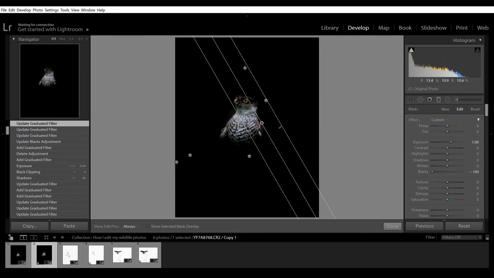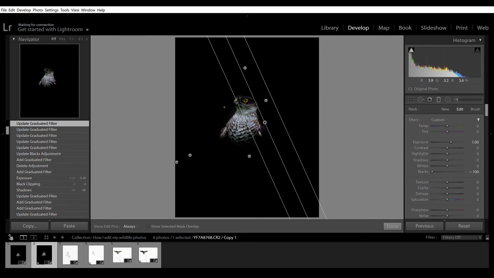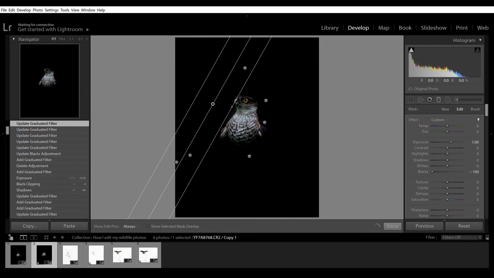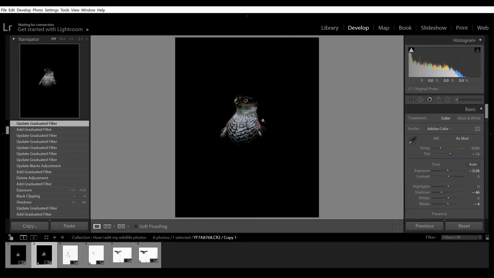So again, this one will look different to my original, because I'm trying to do this quickly, whereas on the one that I put on Instagram, I took a lot more time editing it and getting it all how I wanted it. So we're just going to bring that exposure down a little bit more. So now we've got sort of the gist of the photograph. I'd say the head is a bit too dark,